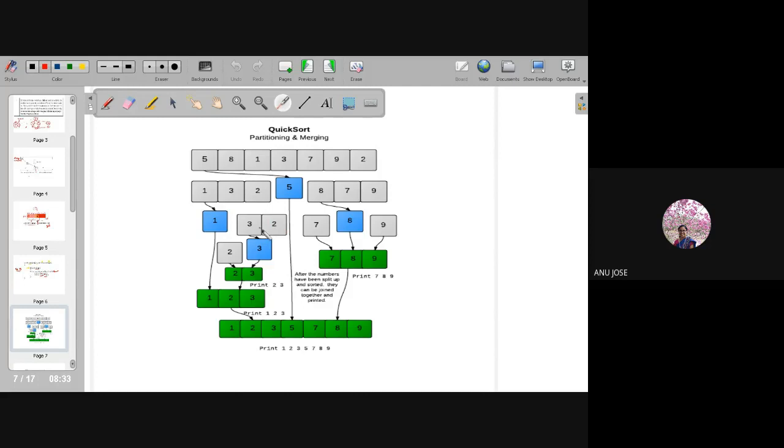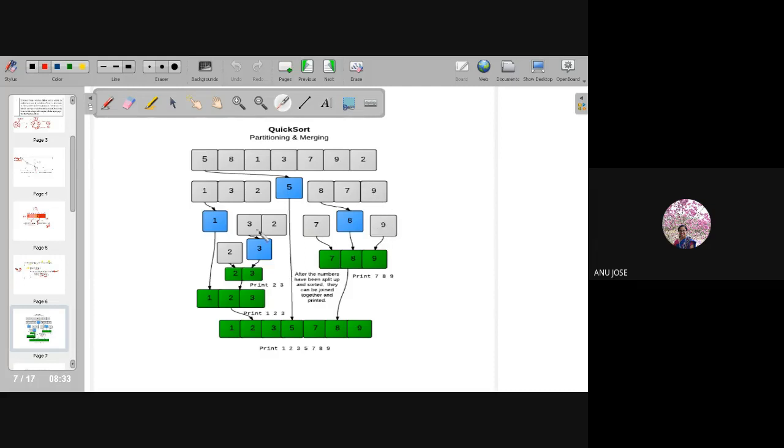Okay, so again looking at the other side, you can see 8, 7, 9 are the elements I am having. This is the subarray I am having, and I have to sort this array. So 8 will be acting as the pivot. I have to split the array in such a way that the left hand side of 8 will have the smaller value and the right hand side should have the larger value. So I can keep 8 in this particular location. Its left hand side has the value 7 and the right hand side has the value 9.